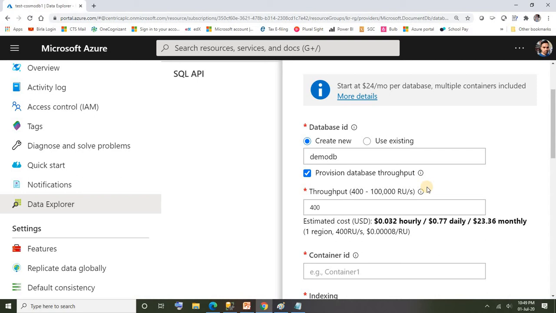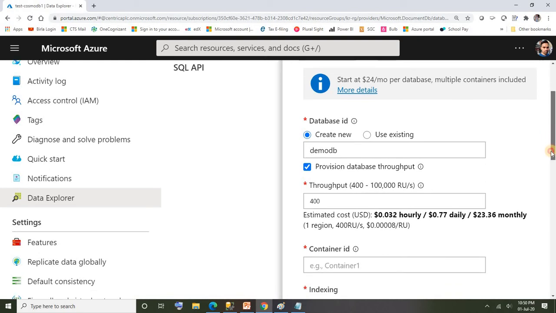Those many RUs you can add. The smallest number available at database level is 400 RUs. Let me go ahead with 400 RUs. It's only for demo purposes, so let's not worry about that. I'm going to add the smallest number, that is 400 RUs.